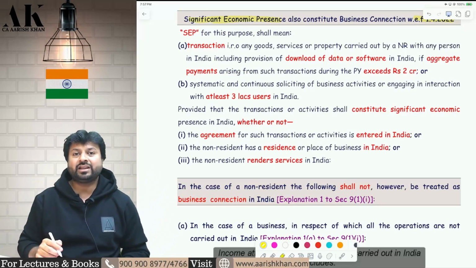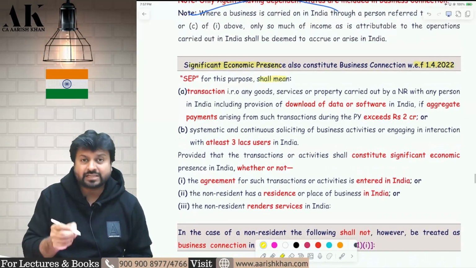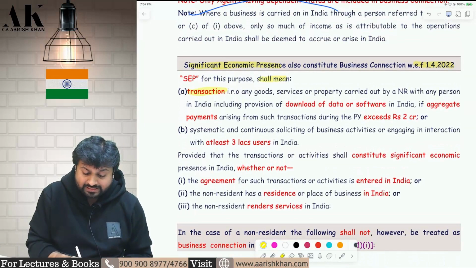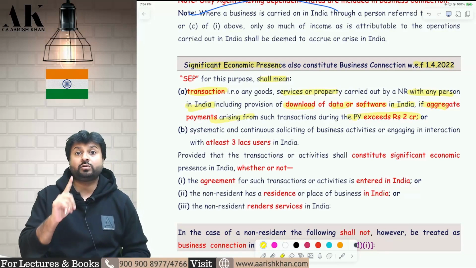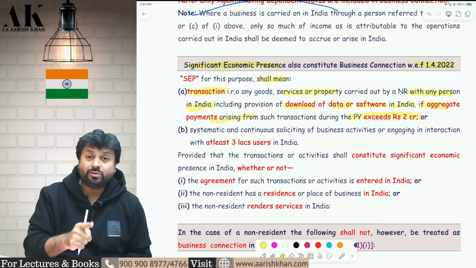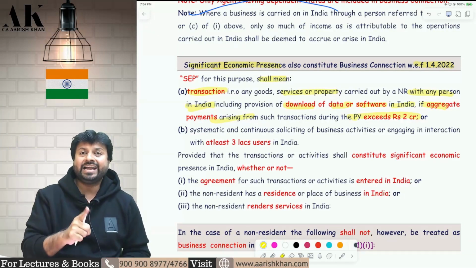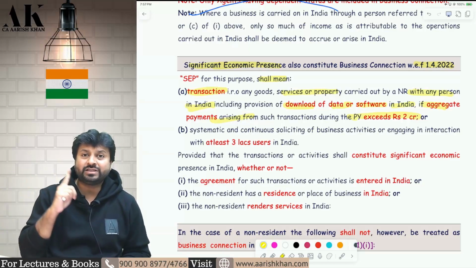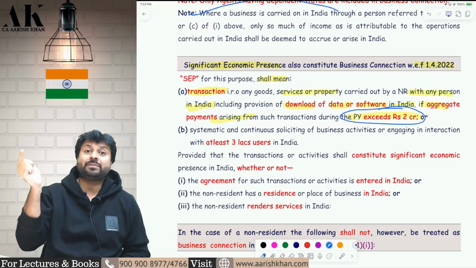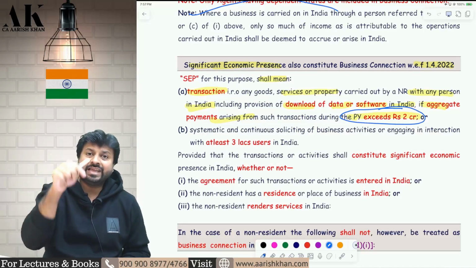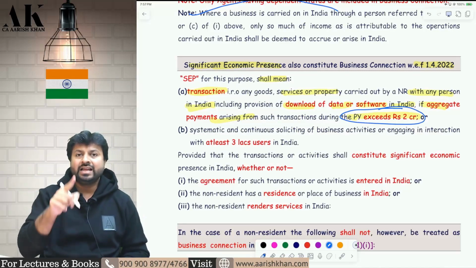So what is significant economic presence? Significant economic presence has been defined by the law. If a non-resident is entering into a transaction with any person in India, for download of data or software in India, and if the aggregate payment exceeds how much? 2 crore rupees. So if the aggregate payment made by the Indian person to that non-resident is more than 2 crore rupees, then that non-resident will be said to have a significant economic presence in India and will be liable to